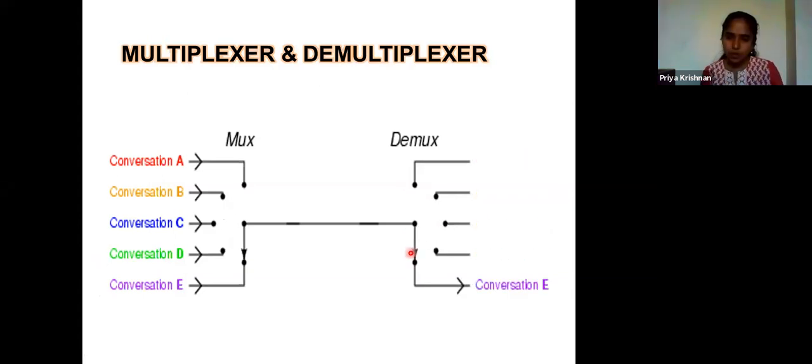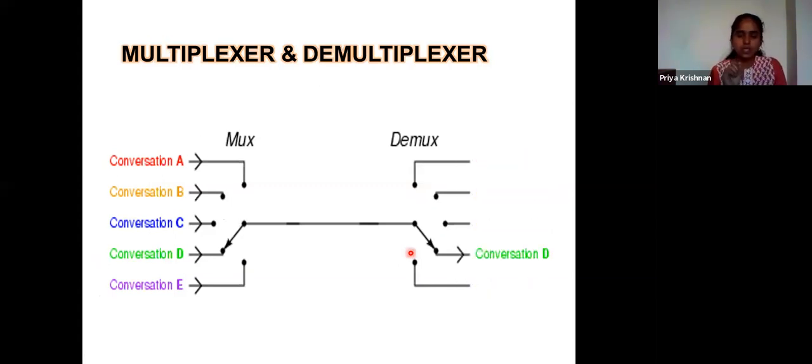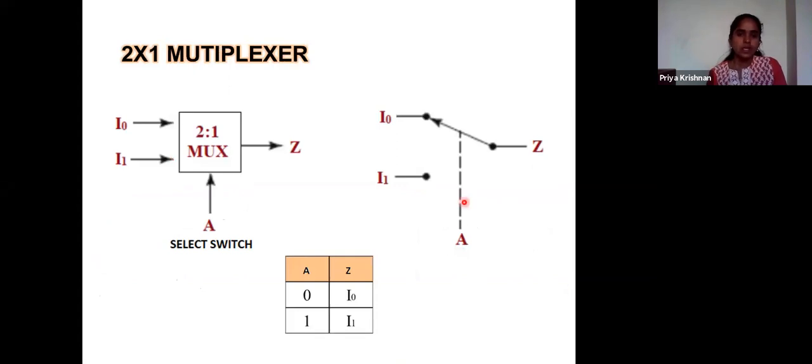In the encoder and decoder, based on the input it gives the output on the output side, but here the control switch can decide whom to select, 1 or 2 or 3, A, B or C. Whom to select is controlled here. In the mux we have 2 cross 1, 4 cross 1, 8 cross 1, 16 cross 1, 32 cross 1.